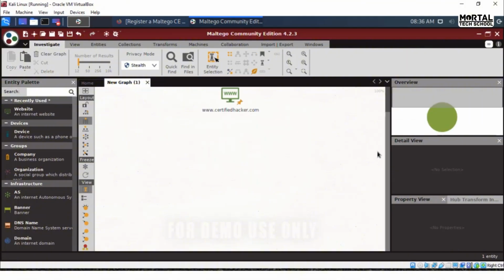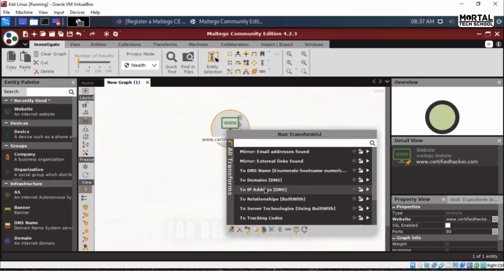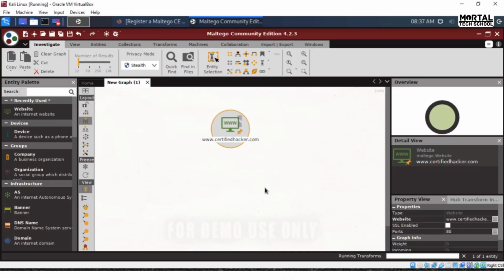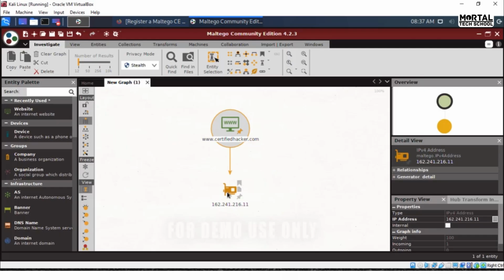Now, right-click the website entity and select All Transforms to IP address, DNS. By obtaining the IP address of the website, an attacker can simulate various scanning techniques to find open ports and vulnerabilities and thereby attempt to intrude the network and exploit them. This is the IP address. 162.241.216.11 is the IP address of the website